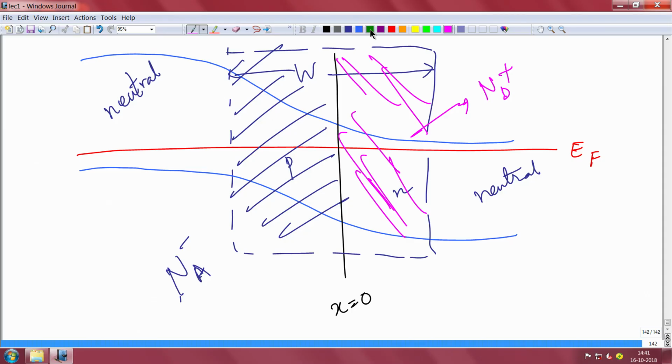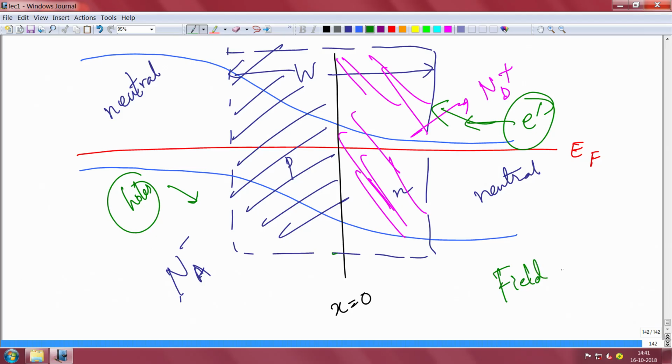Further electrons from the n side will be blocked by this field, and further holes from the p side will also be blocked by this field. So, the field will prevent the hole from diffusing to the n side and prevent the electron from diffusing to the p side, which means, and you know, the field-induced and field-related current is always called the drift current. So, essentially the drift component of the current will precisely balance the diffusion component trying to go to the other side here. So, drift and diffusion will cancel each other and the total current is 0 here.